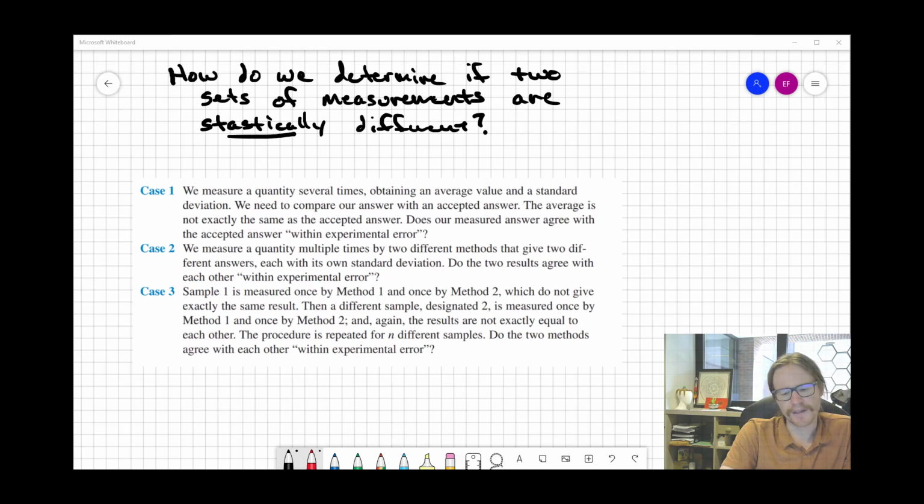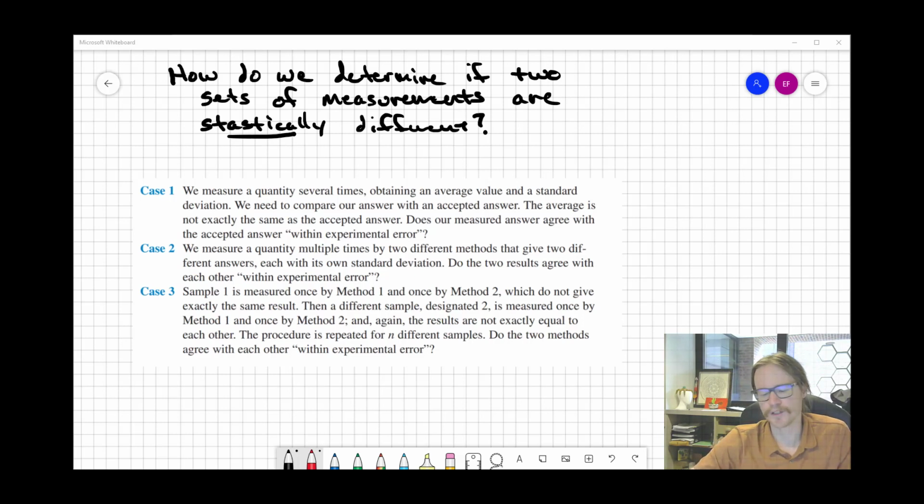So now that we have a basic framework for how statistics operates in chemical analysis, or just analysis of a number of measured values in general, one of the key questions that we can start to answer, which becomes really valuable in analytical chemistry, is how do we determine if two sets of measurements or two sets of data are statistically different? Or in other words, say,